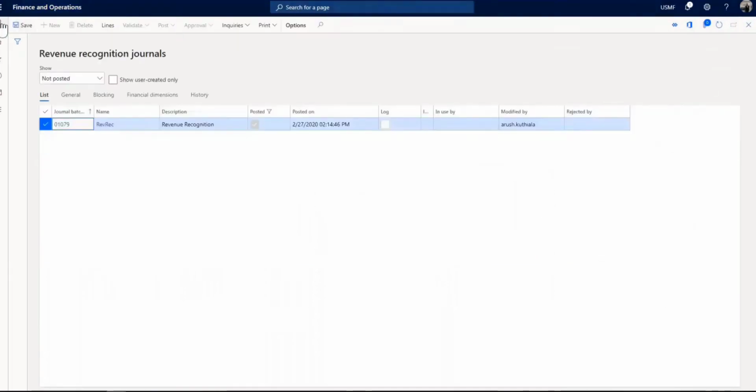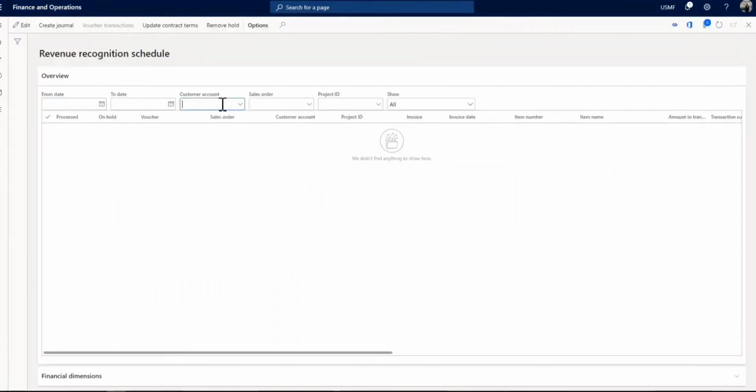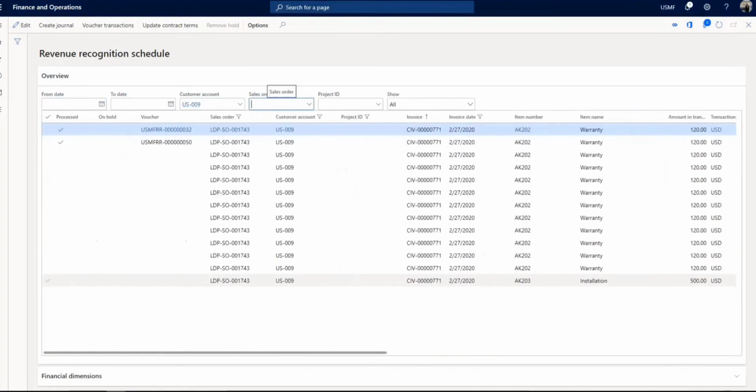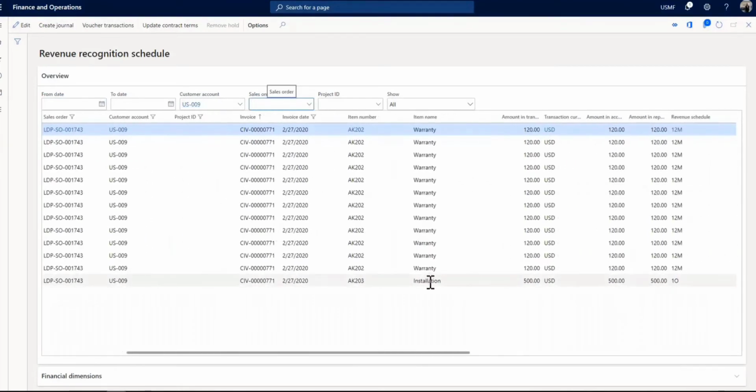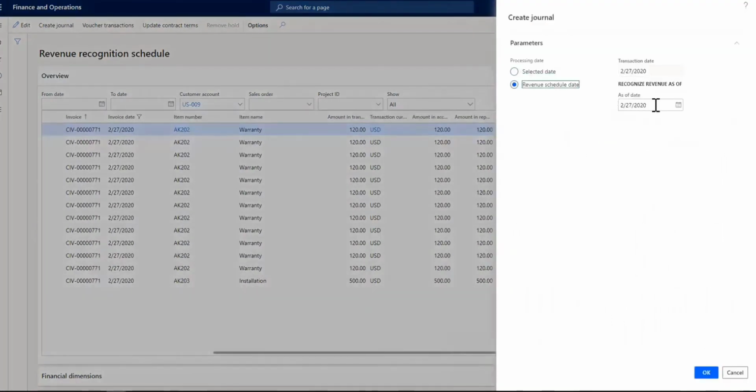And finally, we'll do one more just to truly get everything hammered out. Let's say now they did indeed schedule their installation. So I'm going to leave this one as May 1st, which is, there it is. So if I do create journal now, and I put in my date as of 05/01/2020,